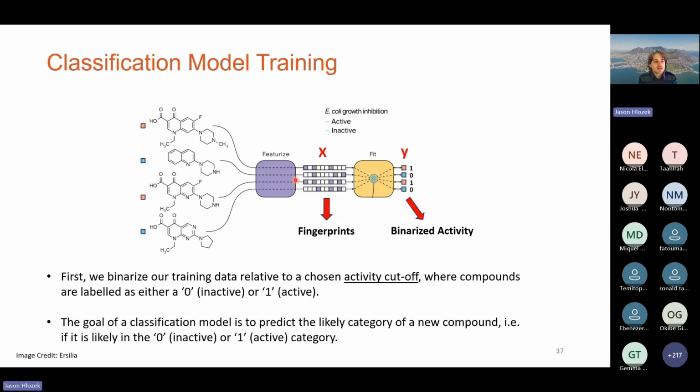So final couple slides, if we do a classification model, going back to our training paradigm, we've got compounds, structures, and their labels are, in this case, categorical values. So 1 for active, 0 for inactive. I do my featurization, and what the model is trying to learn is, how do I correlate this numerical description with the categorical class, 1 for active, 0 for inactive. And we'll talk about what kind of output this model gives tomorrow.